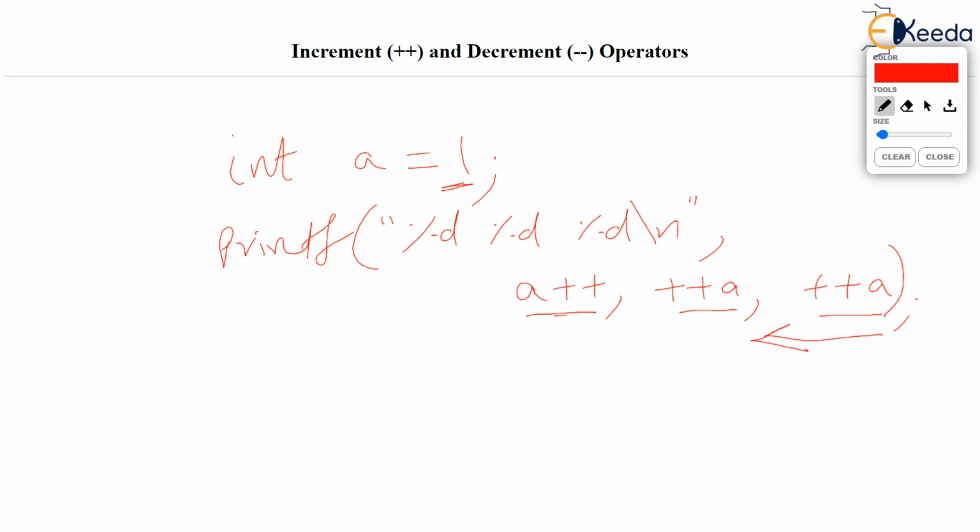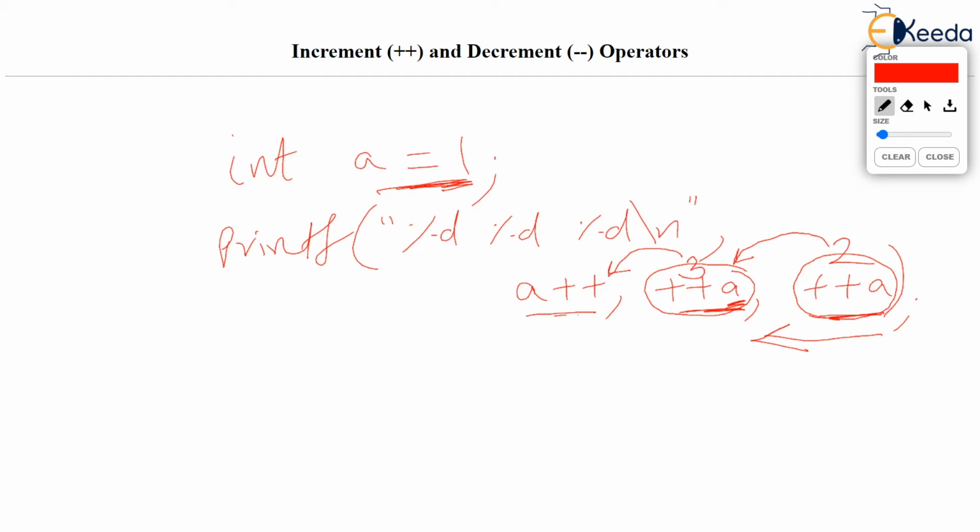This is prefix. And you know that the current value of a is 1. So what does this mean? Increase the value of a. So the result of this expression is 2 and a has also become 2. Now by the time you reach this expression from right to left, listen, a has already become 2 and this means increase the value of a and then print it. So the value of this expression is 3 because a was already 2 and ++a will increase the value of a. By the time you reach this expression, a has already become 3.